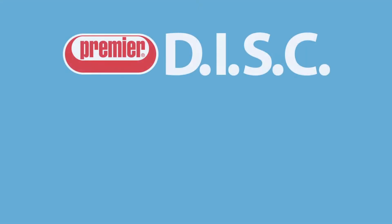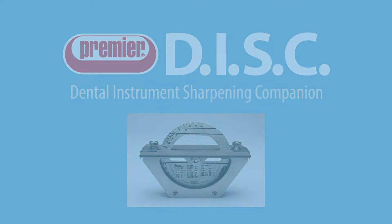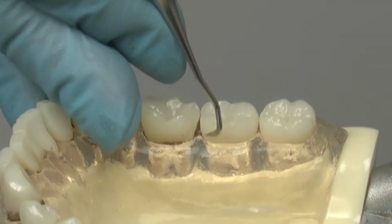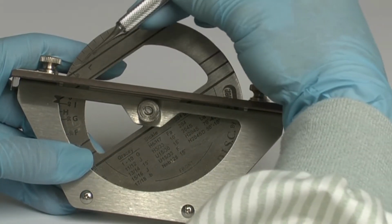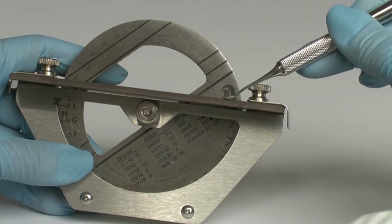Welcome to the Premier Disc video, where you will learn how easy it is to sharpen the Jacquette 3435 scaler. We will review its intended use and the important parts of this instrument tip, as well as common problems to avoid in sharpening, and, most importantly, just how easy it is to use the disc sharpener for predictable sharpening results